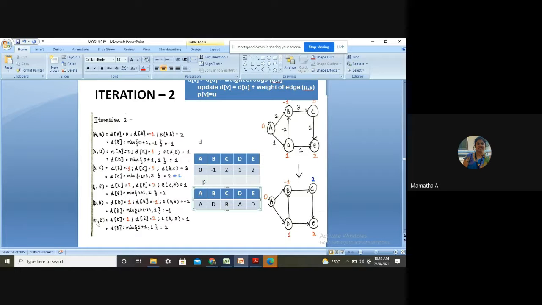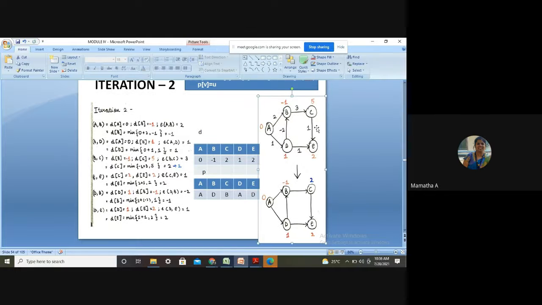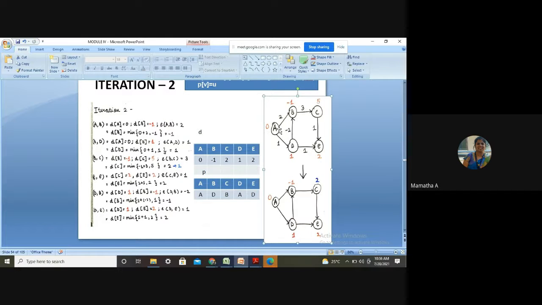With respect to the next stage, D, you can also say DD is 1, D is 2. When I sum it, the distance is not greater, so I will retain the same. Now you can see here the difference is that the rest all were the same. -1, it is the same. C, the distance from source to C, which was 5, is now changed to 2. This is the only one which got changed now. Are you understanding? Hope you are all getting it. Yes?